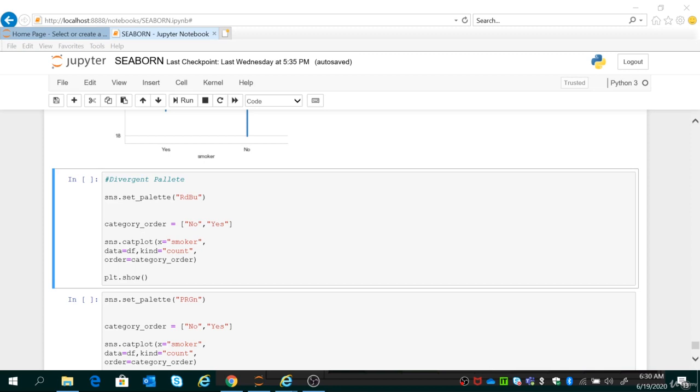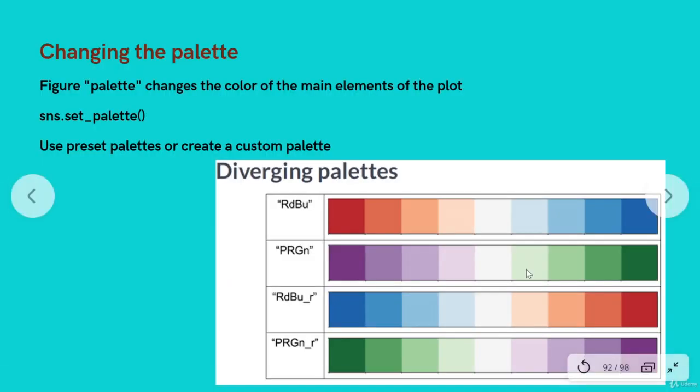In this session, we will be discussing how to change the colors of the plot. So, changing the palette. The palette changes the color of the main elements of the plot. This is the function that you need: sns.set_palette, and you can either use the preset palettes or create your own custom